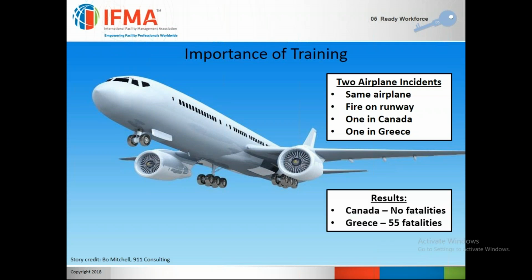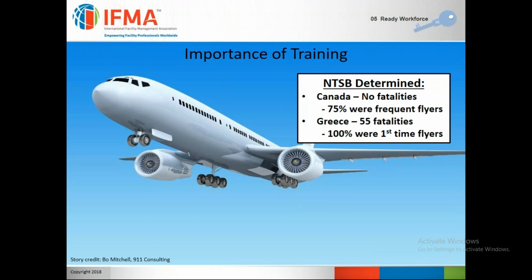Now, unfortunately, Greece had 55 fatalities, where Canada did not see any. And again, same thing: fire on the runway, same airplane, just different locations. So what was the difference then? What set these 2 incidents apart? Investigators found that in the case of Greece, 100% were first-time flyers. So really, the only safety training they had ever received happened right at the beginning of that flight,